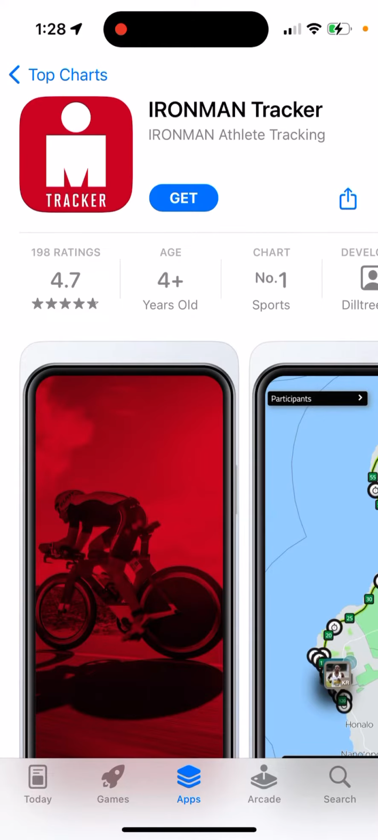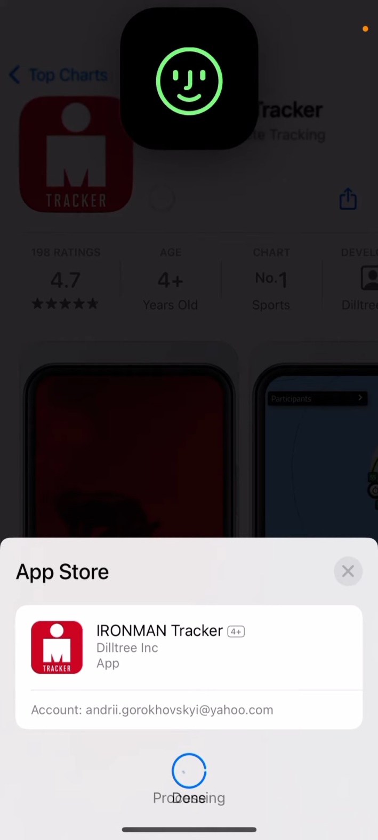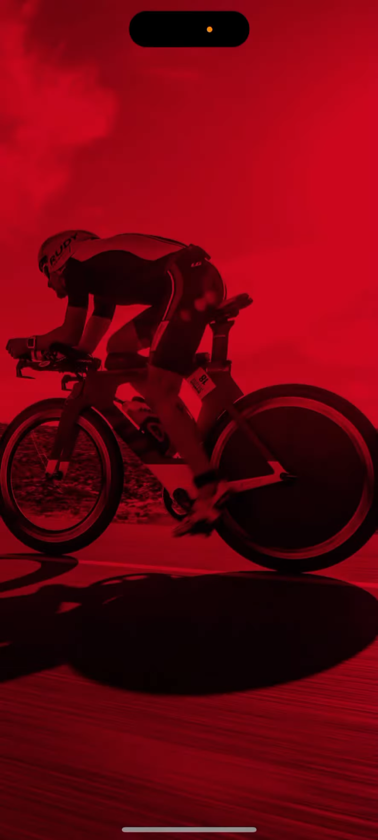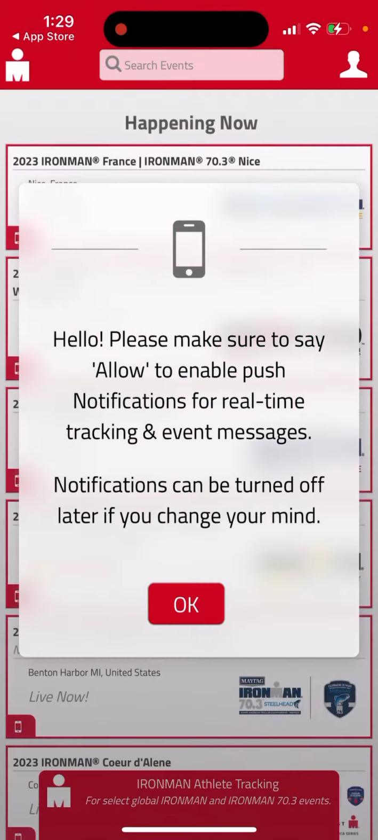Here's the IRONMAN tracker app. So how to install it? Just tap Get and then double click to install it. You will be able to install it. This is the IRONMAN athlete tracking app. You can just open it up and then you will be able